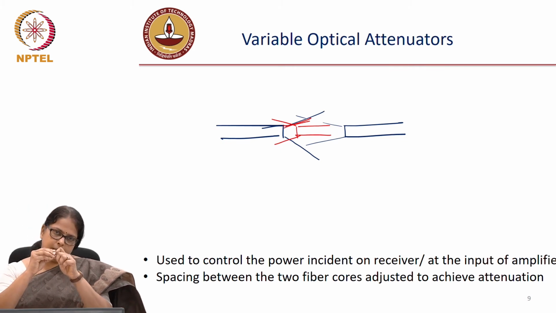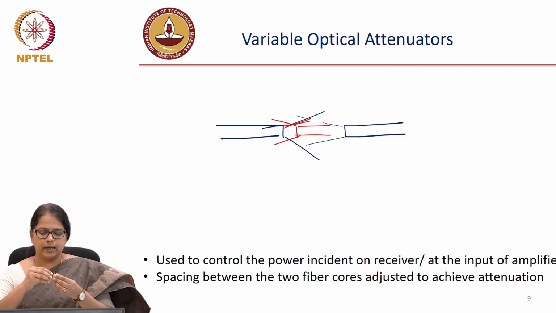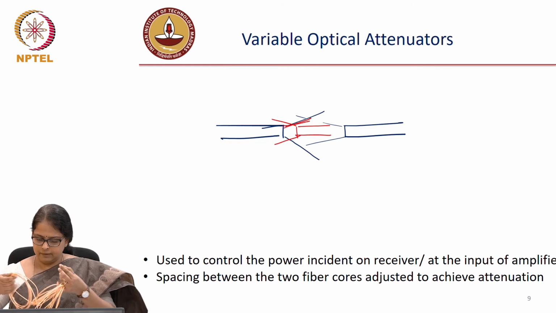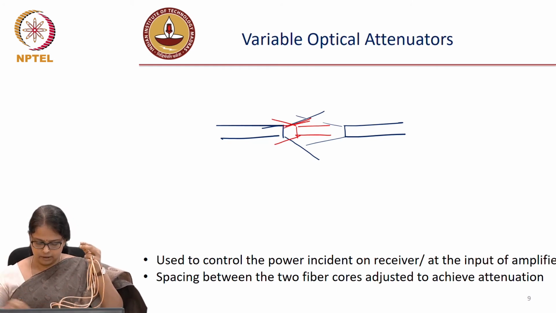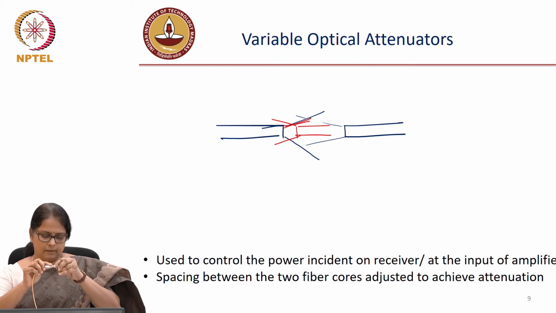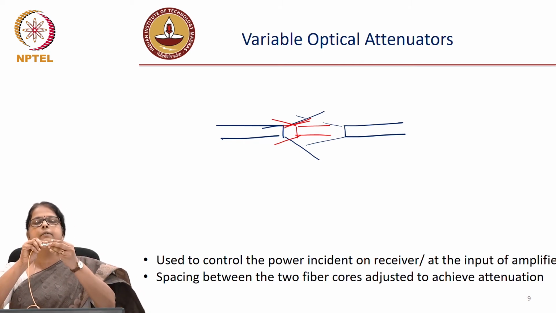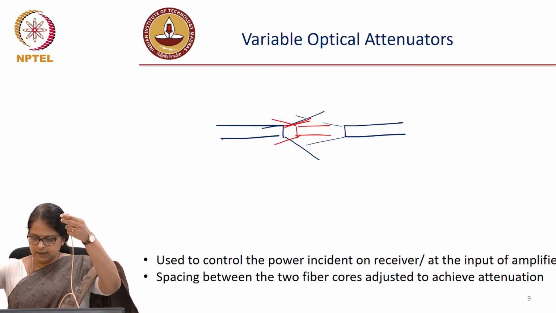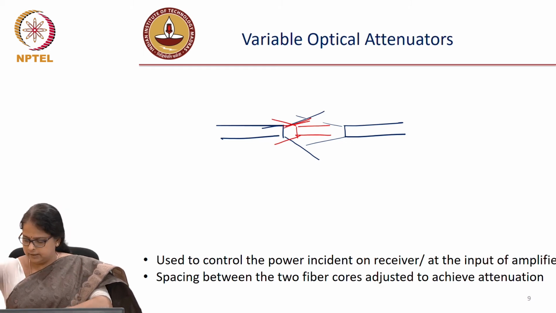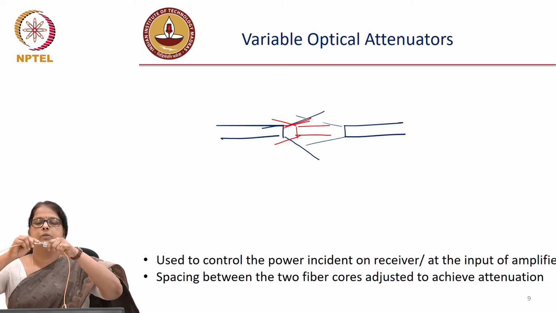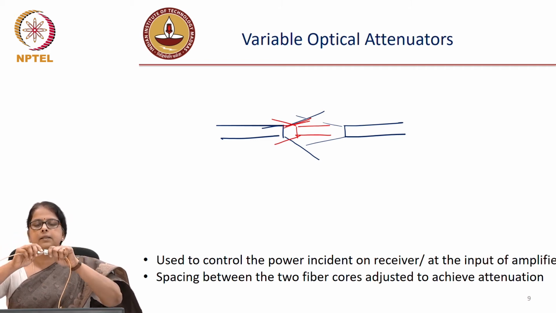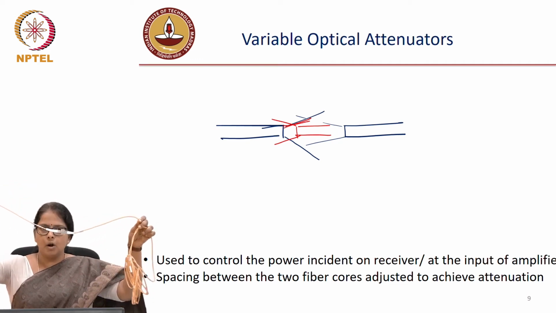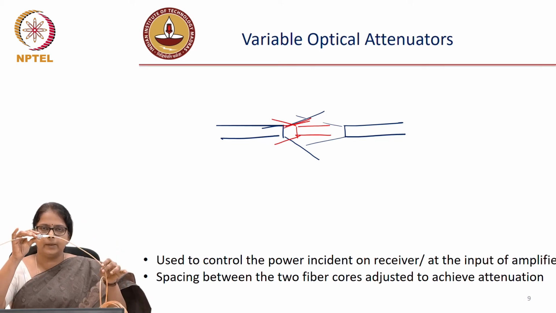So this is actually a variable optical attenuator. Here you see that all it has is two spacers. Let's say I want to introduce a variable attenuation in a link, and this is one side of the link which I am connecting here, and let's say this is the other fiber, the other side of the link, again with FC APC connectors. So this is getting connected here. Okay, so I have made a small link here with a variable attenuator in between, right?